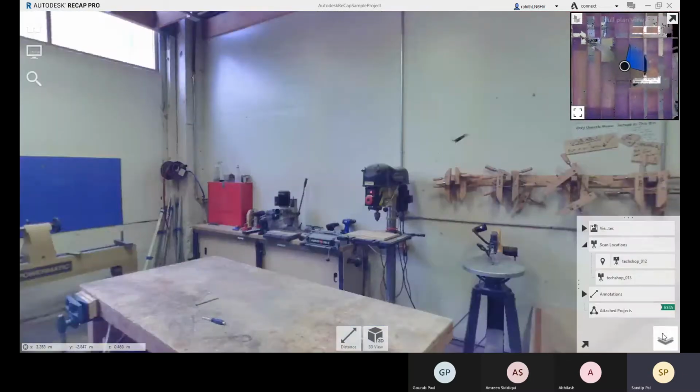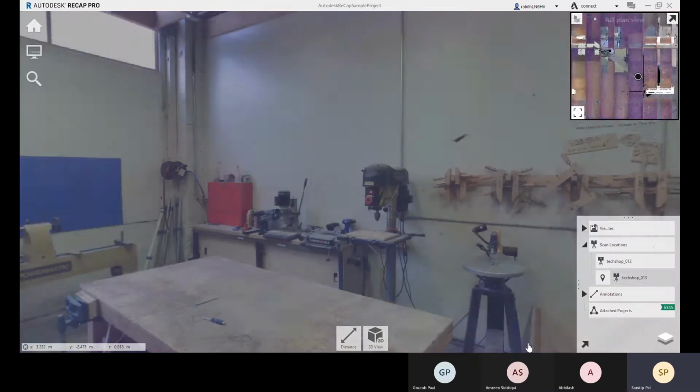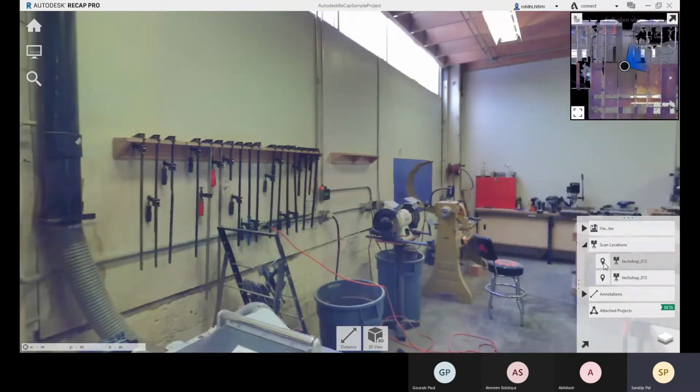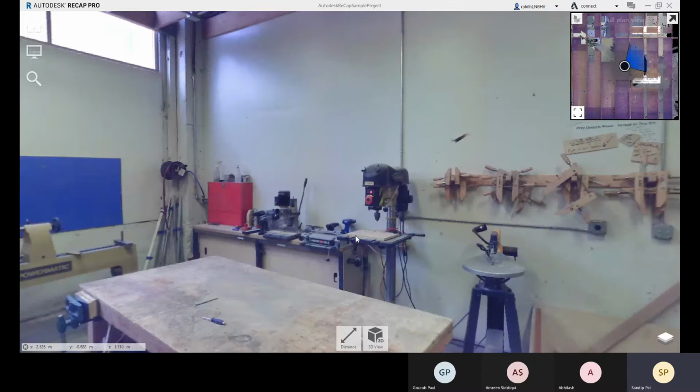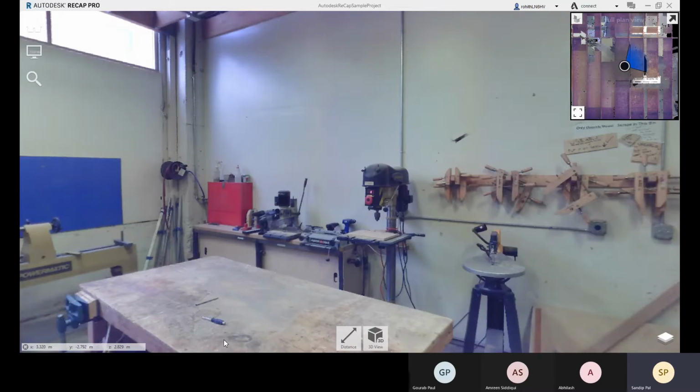Just double click on this icon. Okay, so at this point, one scanner is placed at this scan location. Let me show you how that scanner looks. So let me just close this. Let me reopen it.